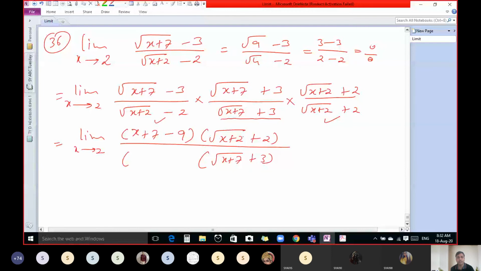So here in the denominator there are 3 terms. This is a, this is b, and this is c, and the multiplication is a into b into c. So you can multiply first a into c and keep this as it is. That is feasible, possible here in mathematics. So keep this as it is and multiply your first term and third term. So what is the square of this x plus 2? Root x plus 2 squared is x plus 2, minus the square of 2, which is 4. And if we simplify, 7 minus 9, that is minus 2. Keep this as it is.